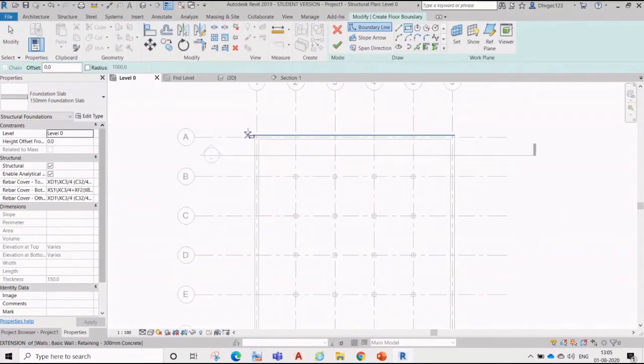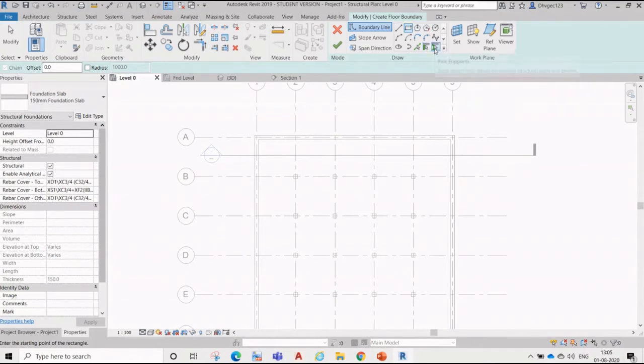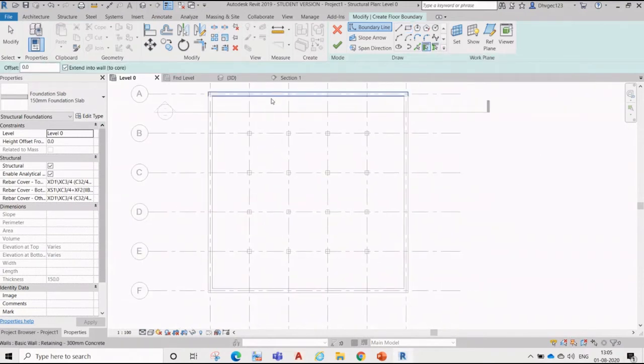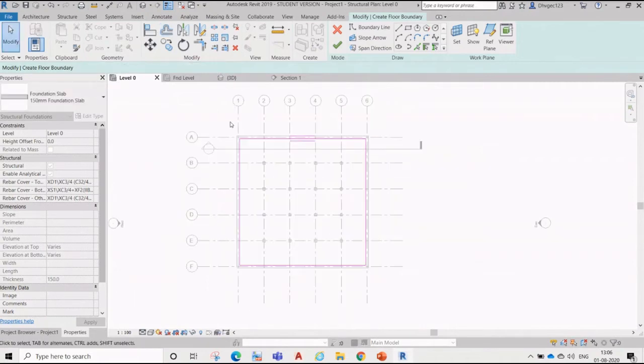There are two things here: you can pick walls or pick supports. We'll try to pick walls, and we can set an offset, offset outside. Let me remove them.